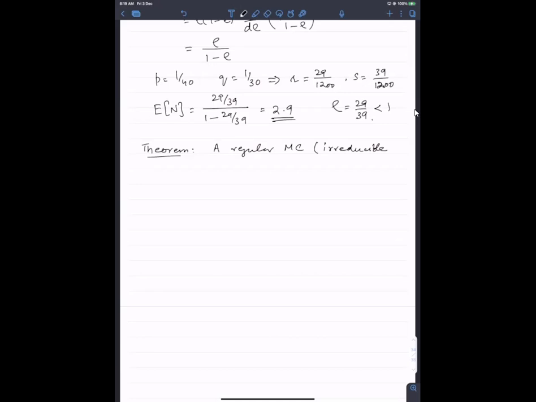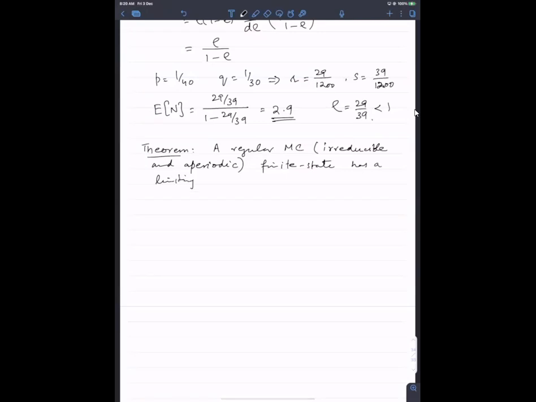We have seen examples of a chain in which, once you leave a state, there is no way to come back to it. That kind of a Markov chain will not be irreducible. So a regular Markov chain is irreducible and aperiodic, which means that the period of every state is 1. A regular Markov chain with finite state has a limiting distribution,